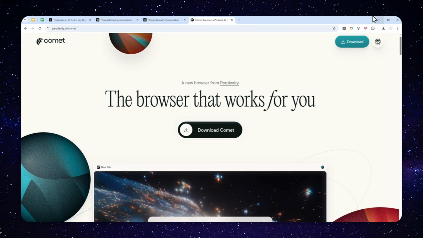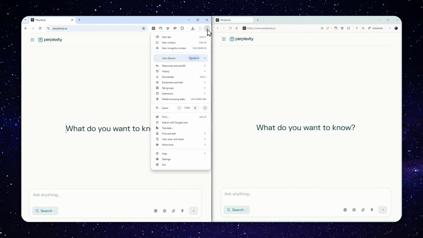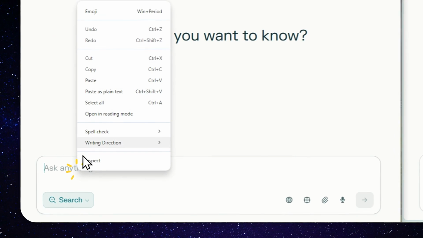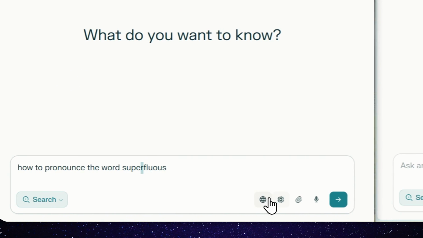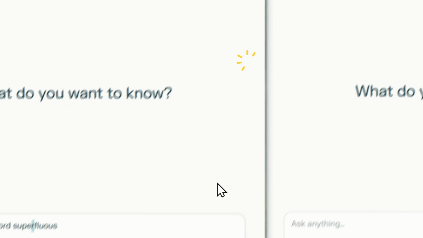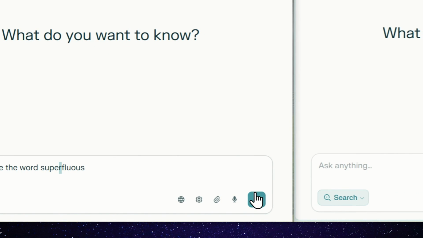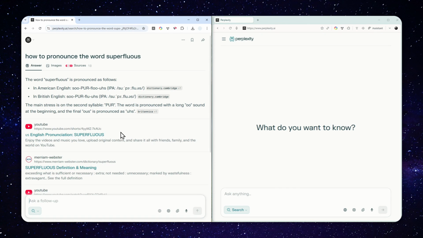So let me give you one example. Here, on the left side is just the regular Google Chrome browser, and on the right side is the Comet browser, even though it is still the same technology as Google Chrome, but it is a completely different browser. Anyway, I'm going to send a message where I want to learn how to pronounce the word superfluous. And here I'll just use the basic setting, use web, and also just use the best AI model, send a message, and you'll see there is no interactive audio cards button at all,